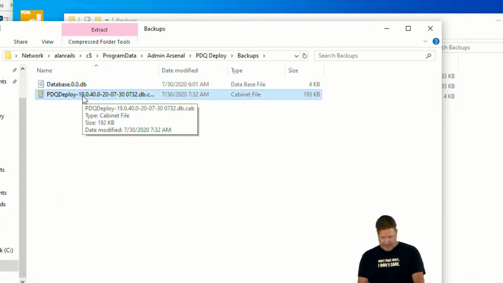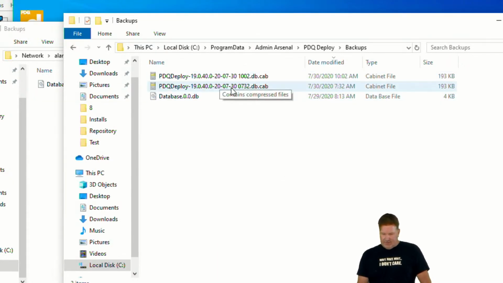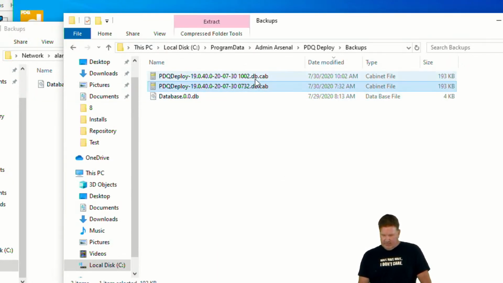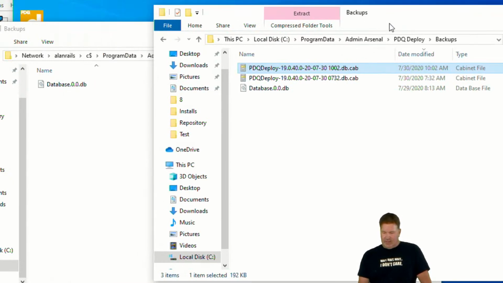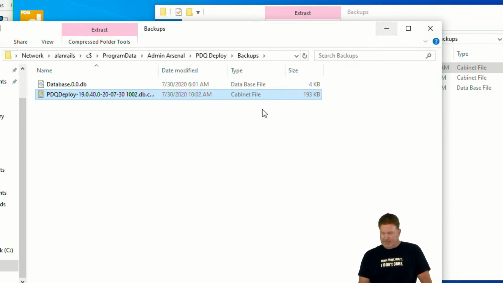So let's just get rid of that. Allen Rails. We'll get rid of that guy because we don't need it. And so here's the one we ran right there this morning. I'm just going to move this over and drop it in that backup directory. Now you'll notice this